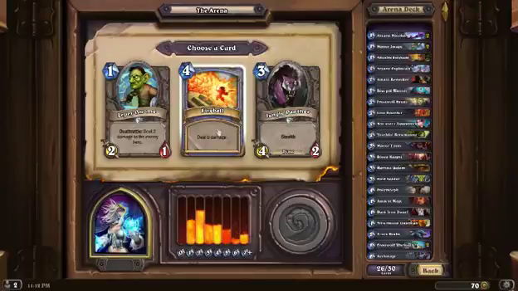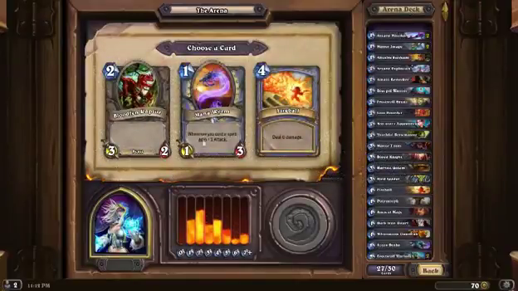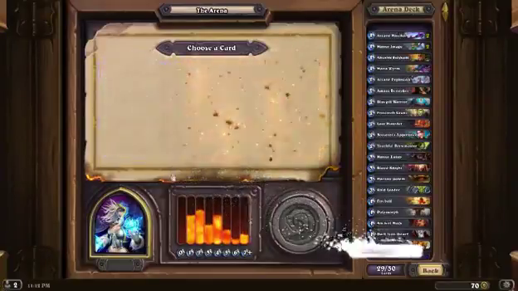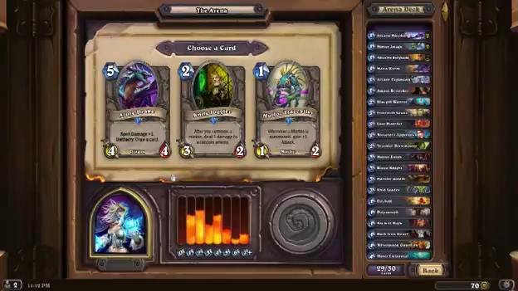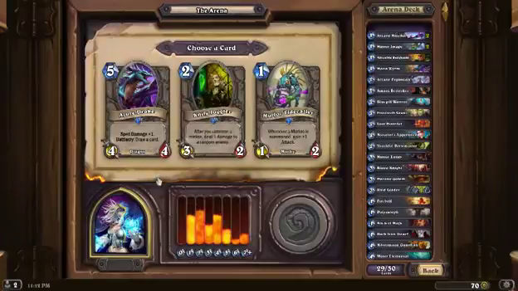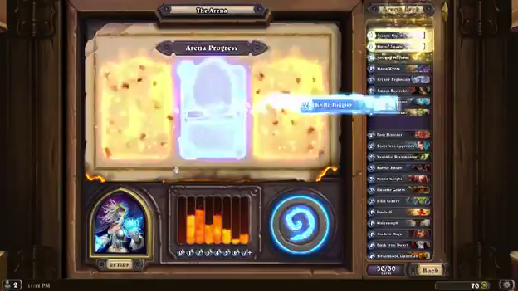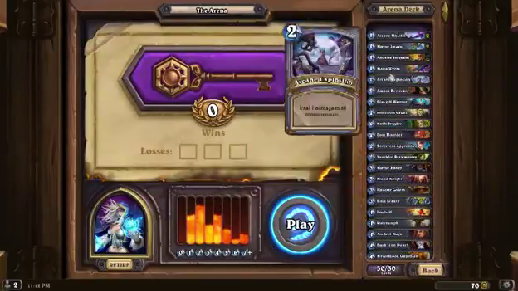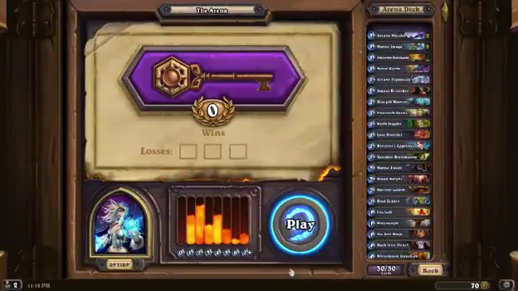Leper gnomes are tempting. Fireball. There's my mana. Always want a mana worm in any Jaina deck. Don't have Murlocs in this deck. This is going to be the second to last card. Do we do another Azure? Knife Juggler is... Okay, so this is not the strongest deck or selection I've ever had, but at least I